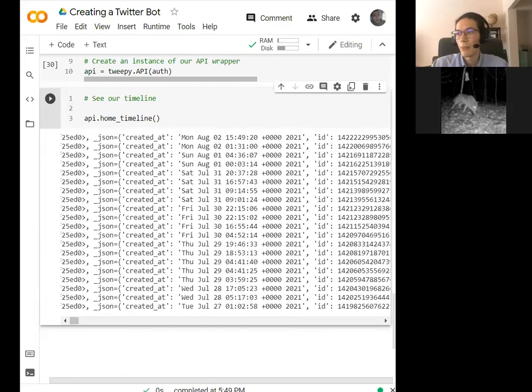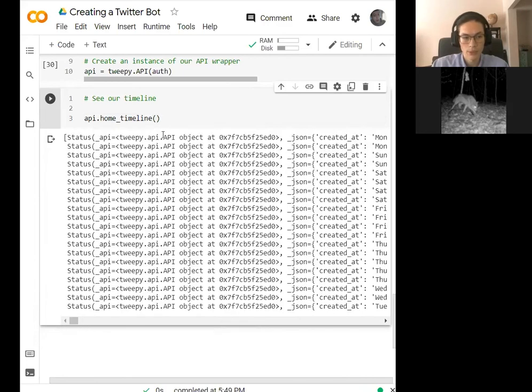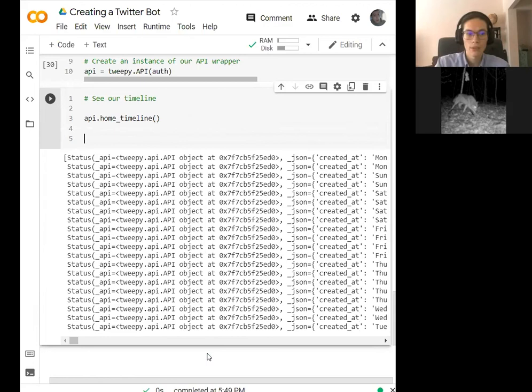Well, maybe I want to read through here and I just want to see the text of each of these tweets. So here, this is my timeline. This is, I think, about 20 tweets. The documentation would tell us exactly if we didn't feel like counting how many there are. But what we have for each of these,